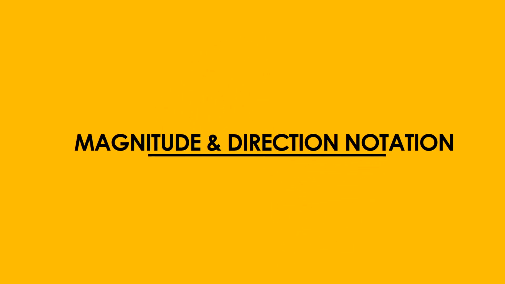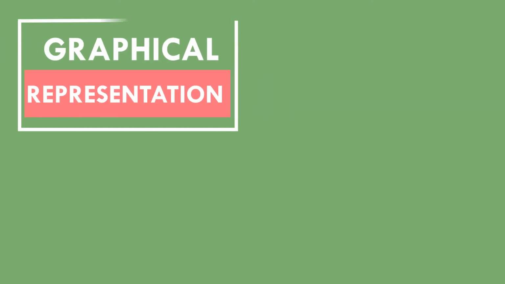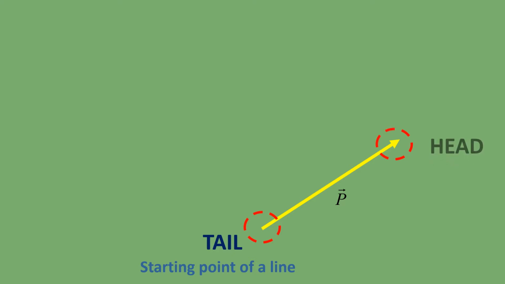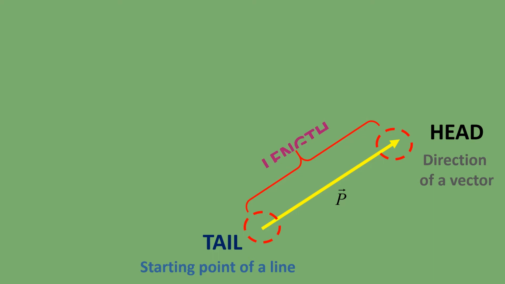Vector can be represented in a few ways. First, we will go to graphical representation. The vector may be represented by an arrow, and the tail indicates the starting point of a line. The direction of the arrowhead represents the direction of the vector, and the length of the arrow represents the magnitude